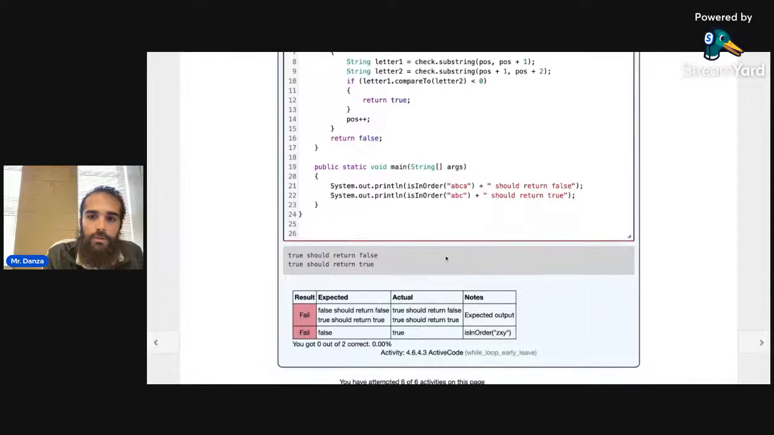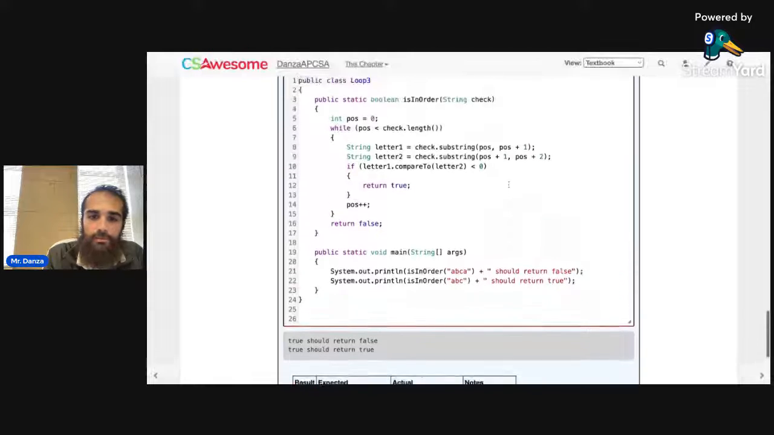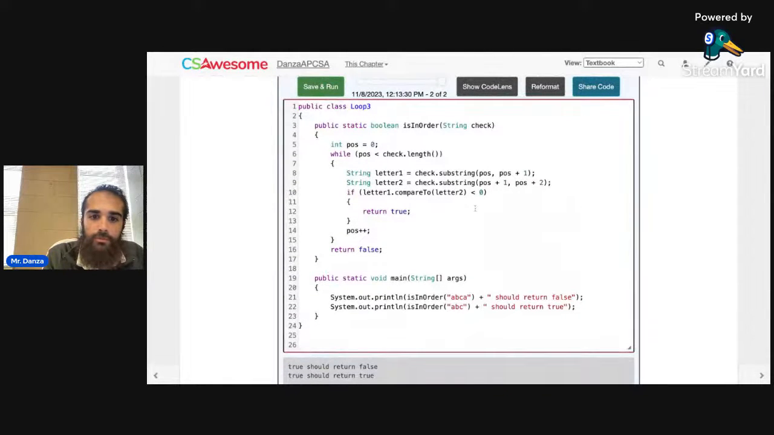So false, this should say the expected, the actual, this is saying true right here, ABCA, when it should not be returning true because it only goes through